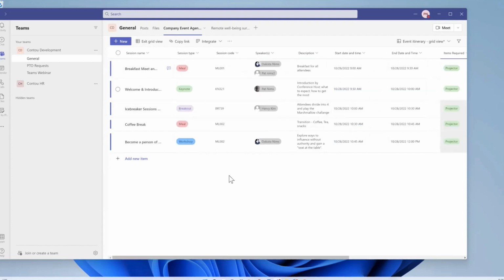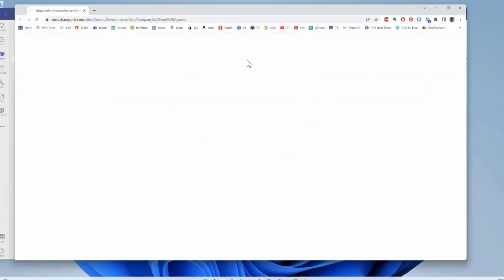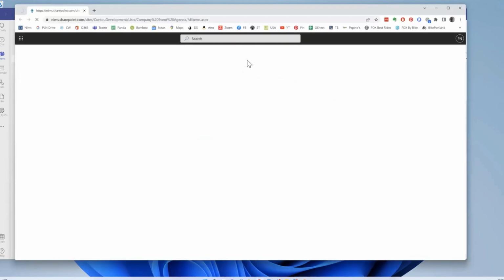You do have the option, if you need to export the list to Excel, either to CSV or directly to Excel. It goes there directly. And I also have the option of opening this in SharePoint. And this is something that is by no means required. So as I said before, SharePoint is the back-end database, and SharePoint itself does have its own lists